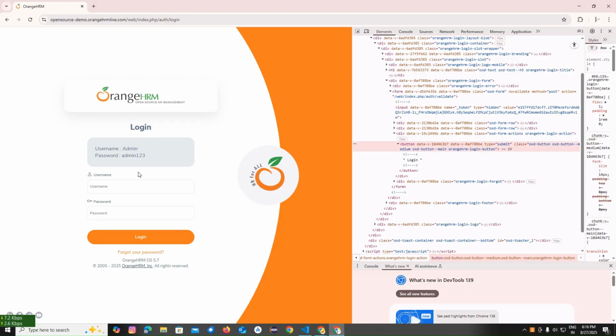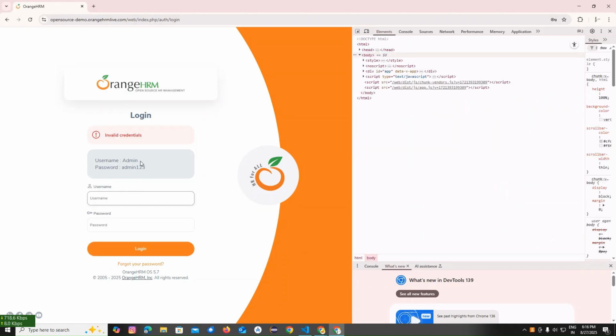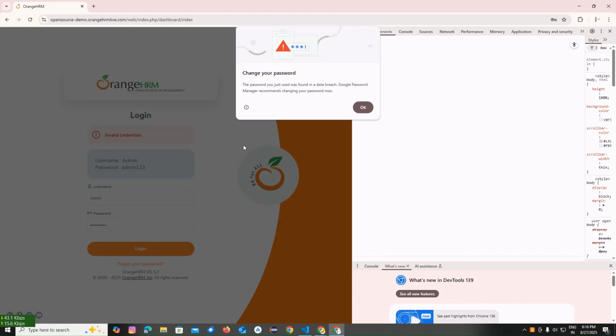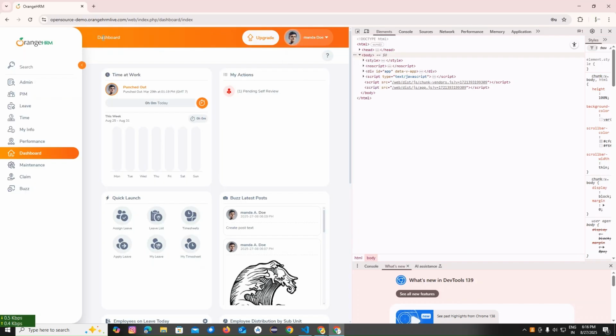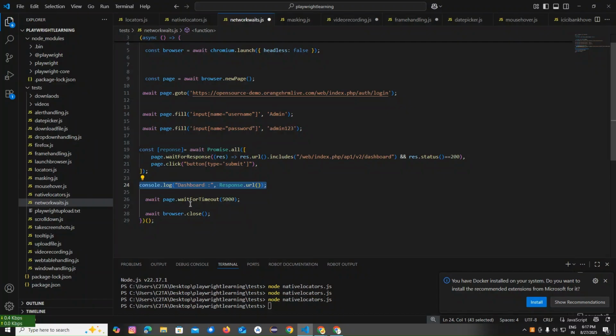Then one minute, let me enter the username, let me enter the password, let me click the login button. Username is wrong. So we'll print the text and confirm whether it has been loaded to the dashboard page or not. For that I'll give await